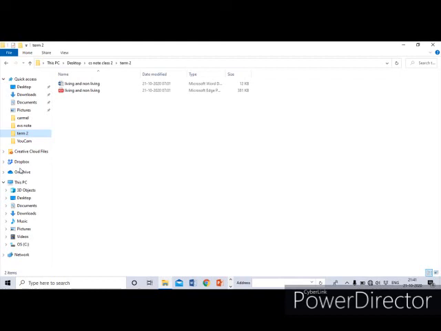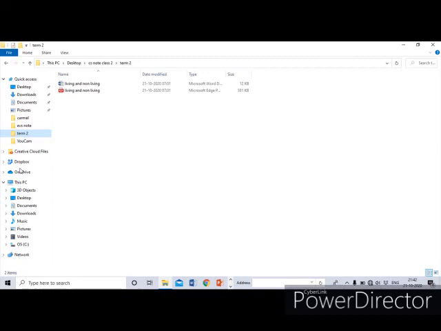Subfolders and files are displayed in the right pane. In the left pane we cannot see any files. We can see only folders and drives. Clear? So the Windows Explorer window is divided into two sections, left pane and right pane. The left pane contains all the drives and folders available in the computer, and the right pane contains all the subfolders and files of the folders or drives that are selected in the left pane.